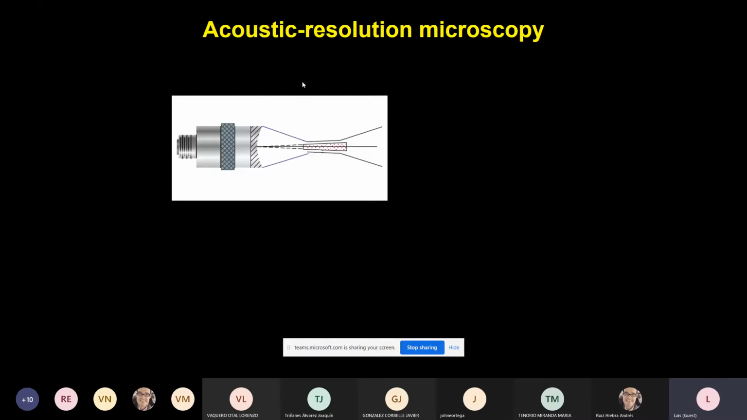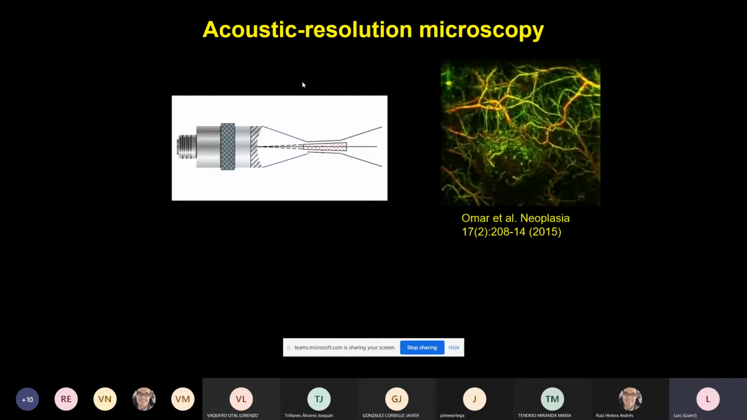But if you take advantage of the fact that ultrasound doesn't scatter as much as light, then you can do an image. So one possibility is to use a focused transducer in a configuration that is generally called acoustic-resolution optoacoustic microscopy. And then it doesn't matter that light gets diffused or scattered everywhere, because the sensitivity is confined by ultrasound. I don't know if you can see my mouse, but